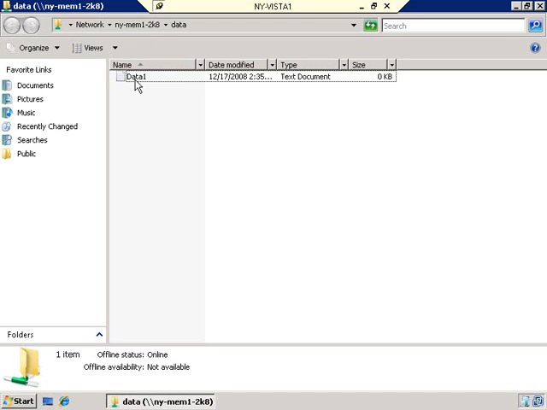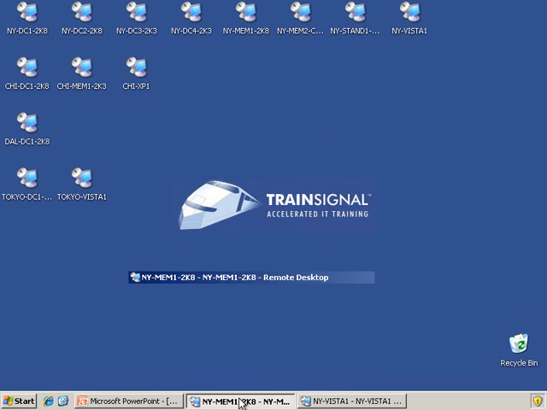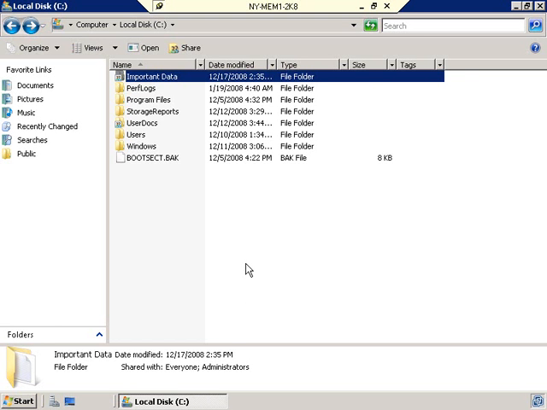So we have successfully made data available across the network to the Global Mantic users. And the actual access to this information would be controlled via the NTFS permissions because we let everyone have full control to the share itself. So let me go ahead and close this, and I'm going to minimize New York Vista 1 for just a moment because we need to go back to New York Member 1, go back to our file server,